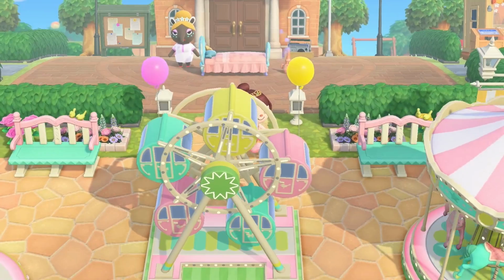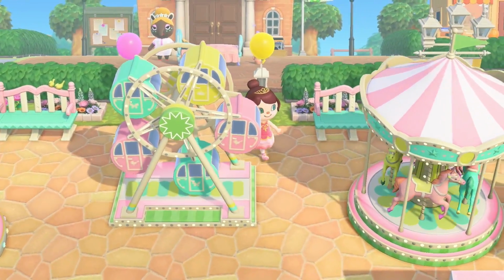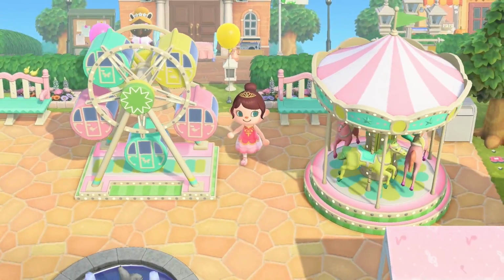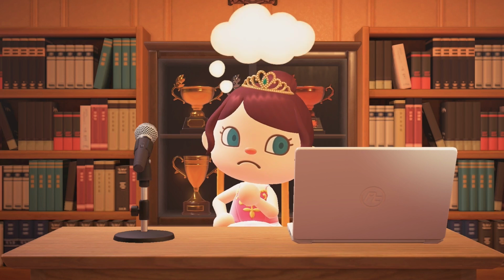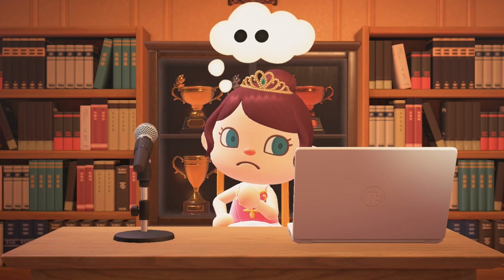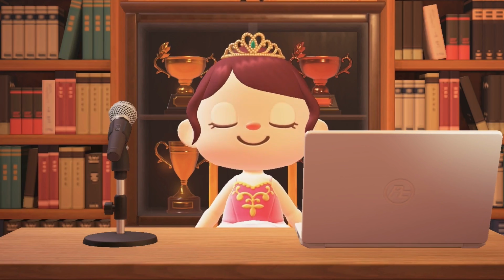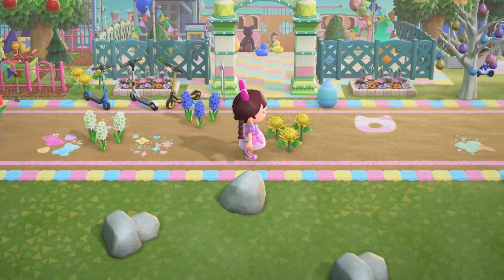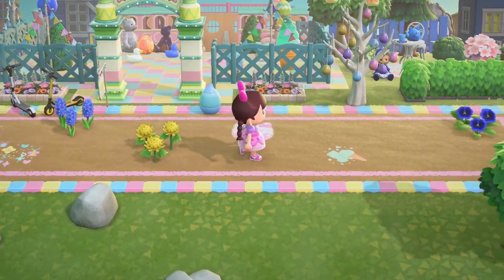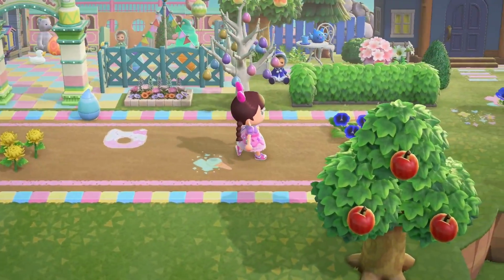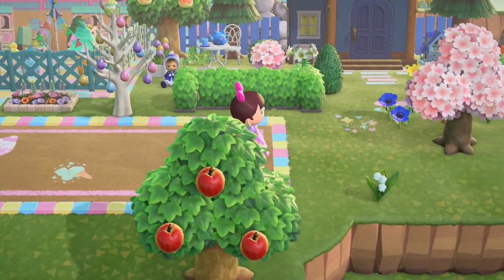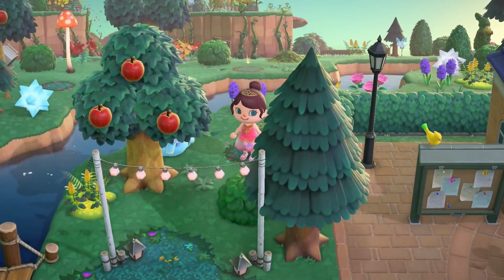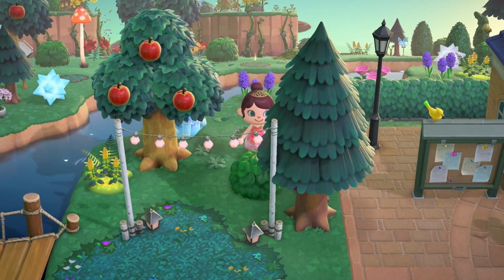With your theme and colour scheme in mind, now you want to think about the sort of codes you're going to need to decorate your island. What you end up needing is going to depend on the sort of island you're looking to put together and how you intend to use the custom codes. For decorating, you're mostly going to be looking for two types: path codes and codes that you can use to customize items.